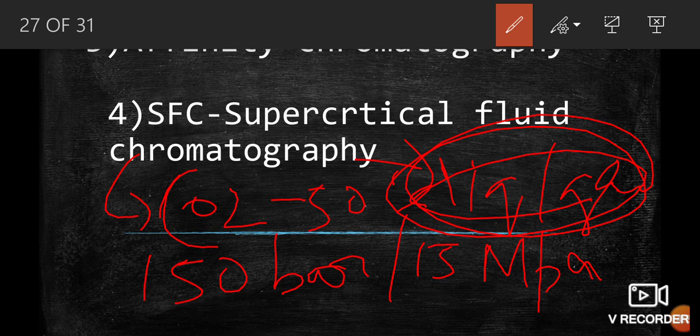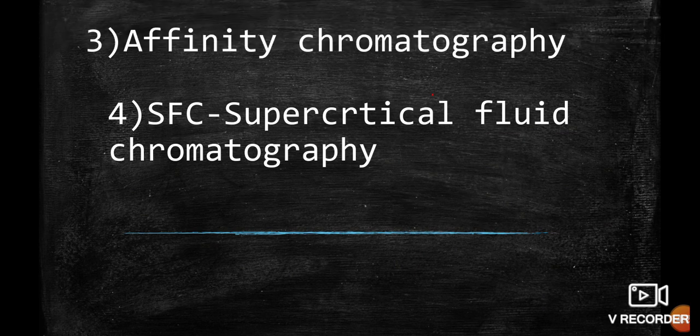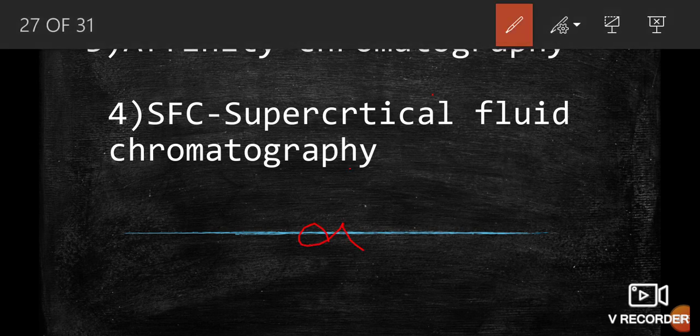And then you also have something called affinity chromatography. So what is affinity chromatography? You are yet to study enzymology and all that. That is about how enzymes bind to a substrate, and an antigen binds to an antibody. This principle is used here. So affinity chromatography utilizes the specificity of an enzyme for its substrate, or a receptor for its agonist, or an antigen for an antibody.